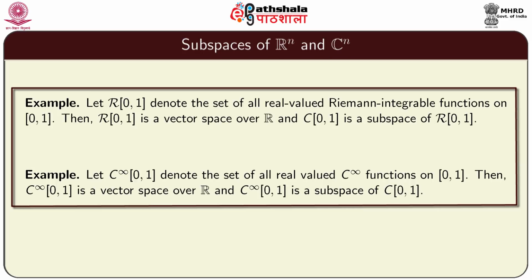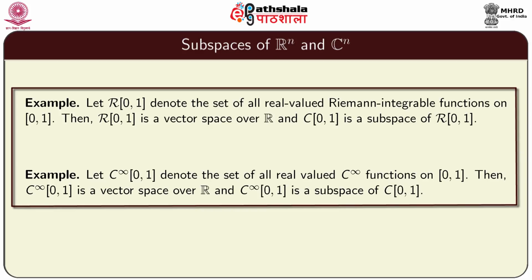Now, again from basic calculus knowledge, we know that if there are two Riemann integrable functions f and g on the closed interval 0, 1, then f plus g and also lambda f, where lambda is a real number, are Riemann integrable on the interval 0, 1. So, R01 is again a very natural example of a vector space over R,